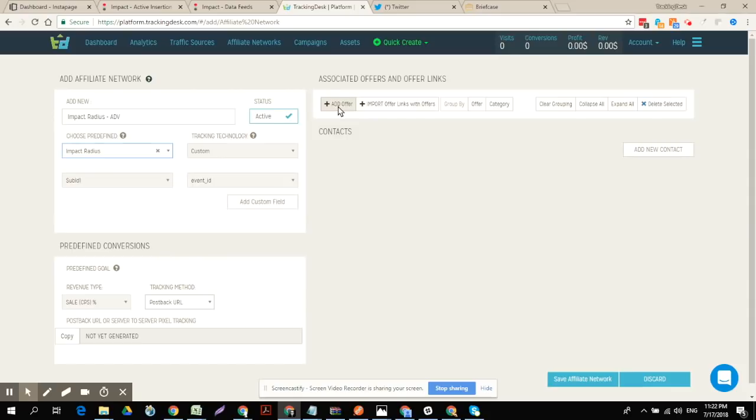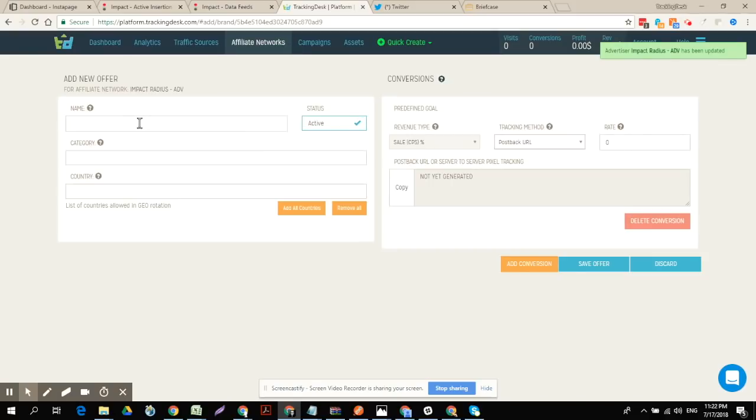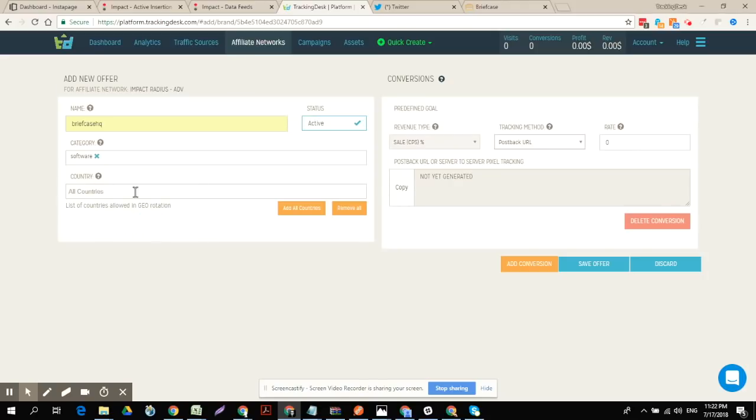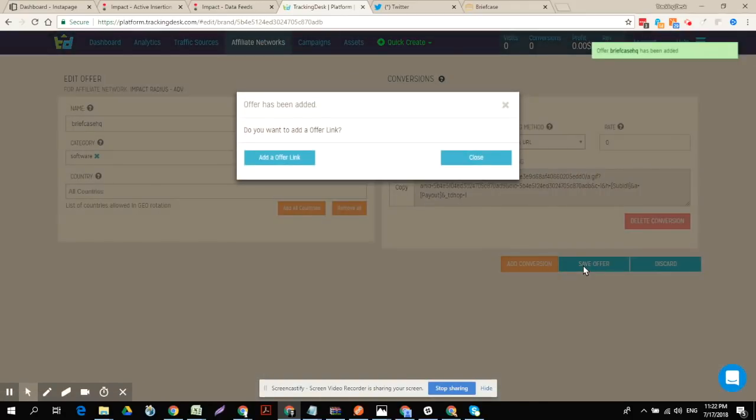So on the right-hand side, I'm going to add an offer which will be associated with that affiliate network. So adding a new offer, calling it Briefcase HQ, category software, and I'm leaving the country blank because I want all countries to be set up. On the right-hand side, I need to save the offer, and